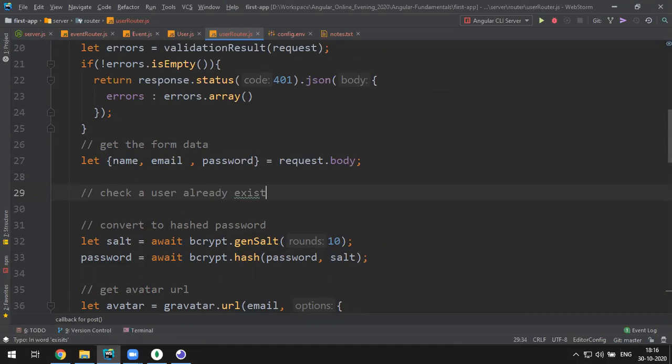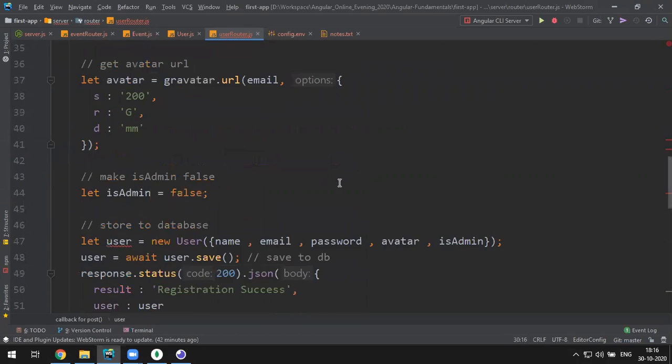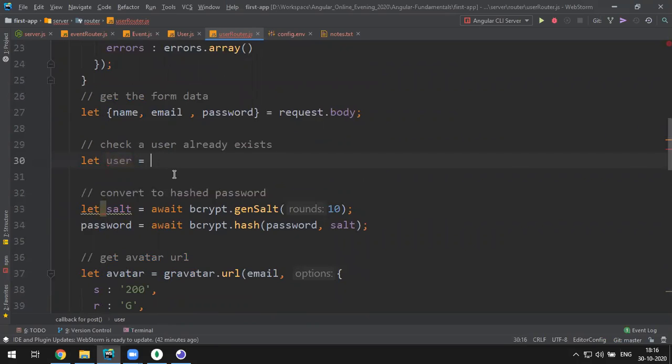Okay, check whether the user already exists or not. So how to check? Let user is equal to, oh, we already have a user, I guess. Okay, let user is equal to await